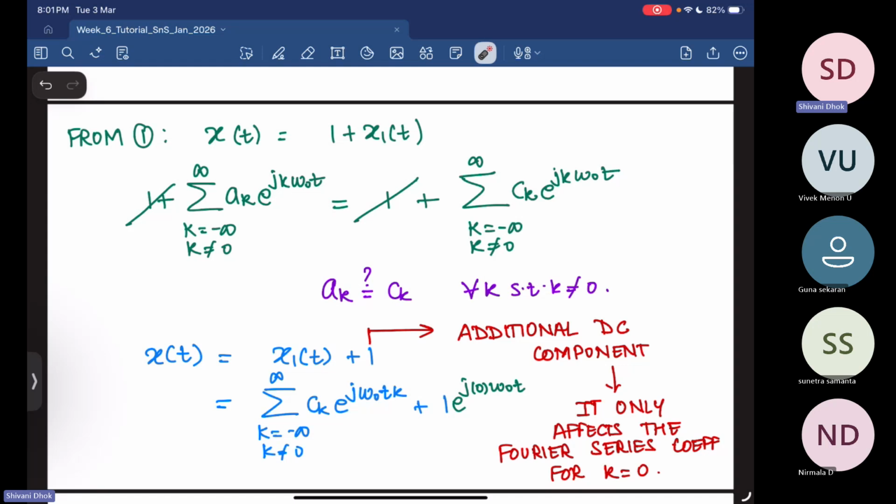Next week, we will see the properties of this Fourier transform as well. So maybe you will see many other things. And maybe at that time, this particular property might make more sense. But yeah, this is an interesting thing to look at, especially when we are dealing with harmonics.